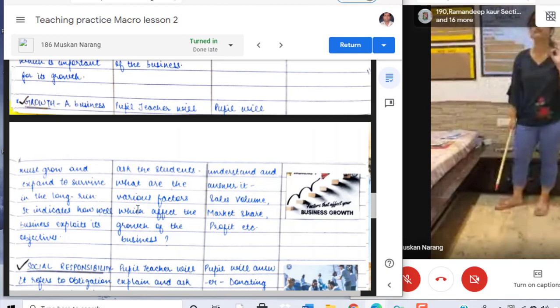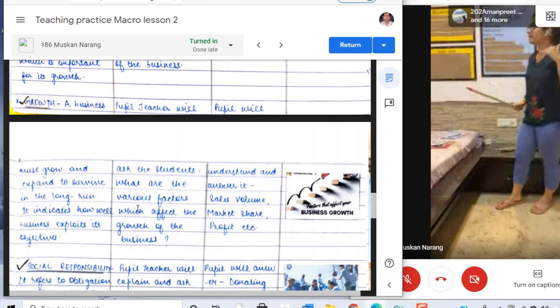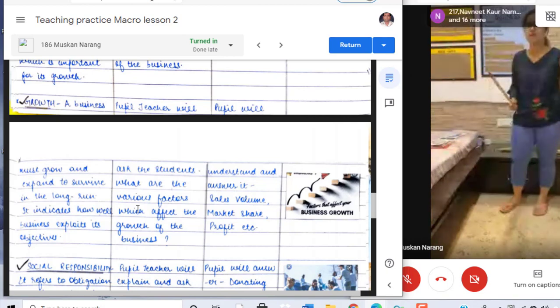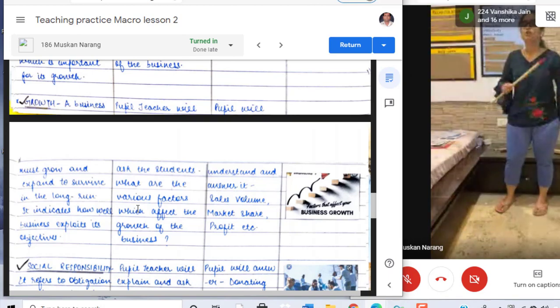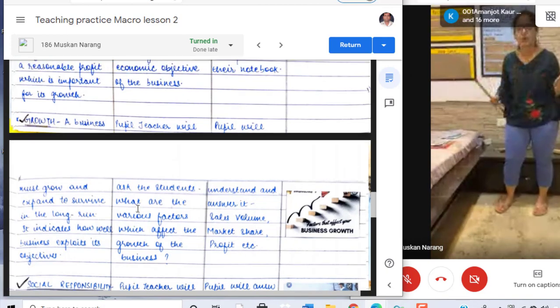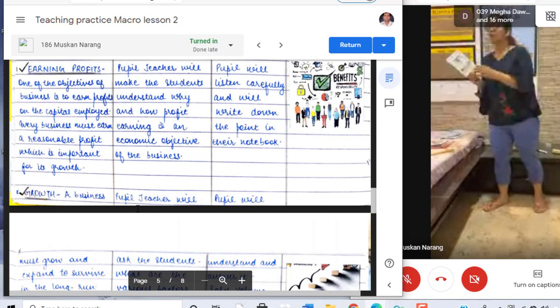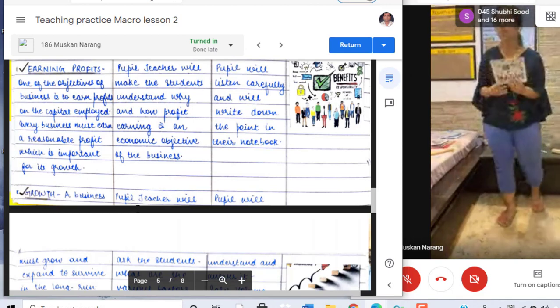Now, moving ahead, further we will discuss the primary and foremost important objective of every business, that is profit earning, due to which the business actually enters the market. This is basically a supplement for the business, a motivation, a morale for the business. So profit earning is the one which helps the business to do expansion, growth, and survival in the market. Students, let me know what are the benefits of this profit earning for the business.